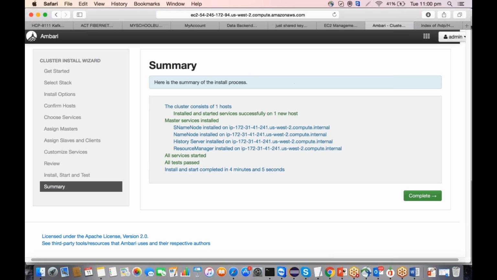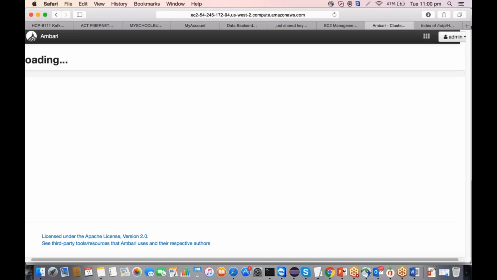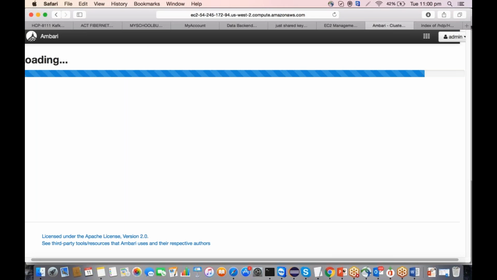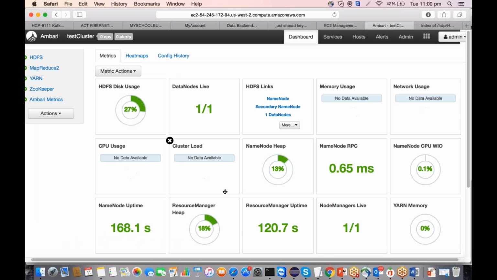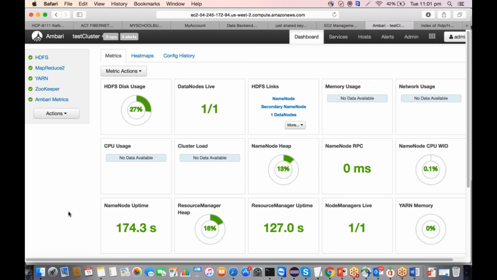Okay, done, complete. So that's your one node HDP. One node HTTP cluster is up and running. Now let us add both of them, the other two machines that I just brought up, and make us a